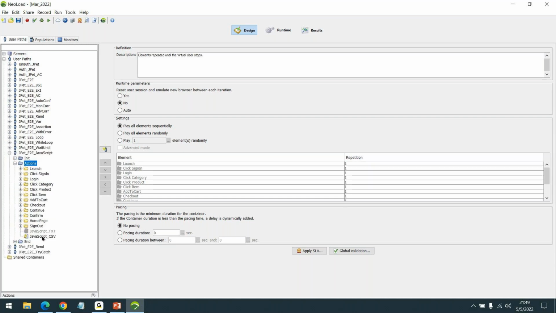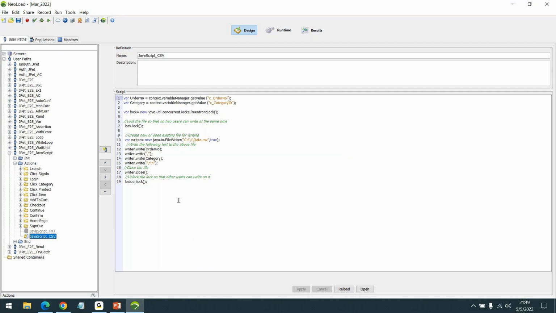So what has been done here is just a simple code. By looking at it, you can easily understand. What we are going to do is write some data to a file. Sometimes we want to create test data. So here we are writing some order number and a category into a file.